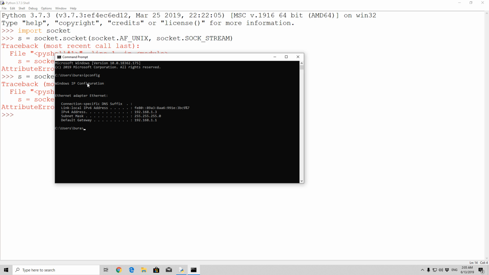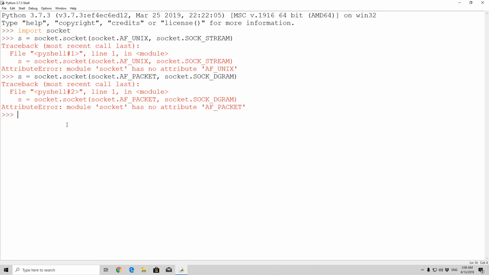And once you type that on Linux, you should see the name of your actual device or the name of your actual networking interface, which can be either eth0, wlan, wlo1 or so on, it doesn't even matter. It can be different for every system. It is usually eth0, especially if you're running a virtual machine or something like that. It will be eth0. And then, in order to sniff the packets on a certain interface, what you would specify is s.bind,